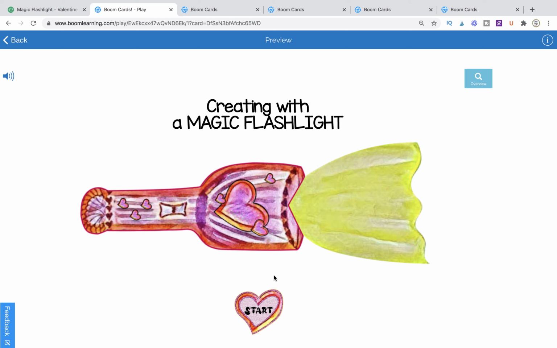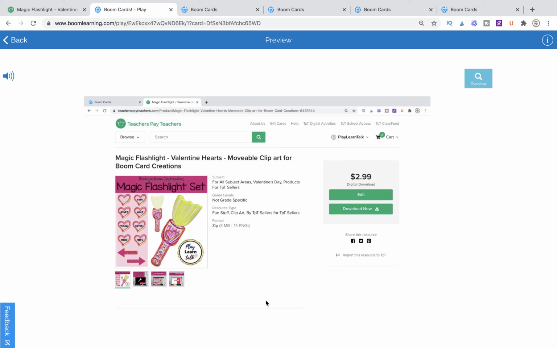Kelly from Patika Kelly and Play Learn Talk, and today's tutorial is going to be about creating a magic flashlight game. We're actually going to learn how to make 3 different variations, and we're going to be using this magic